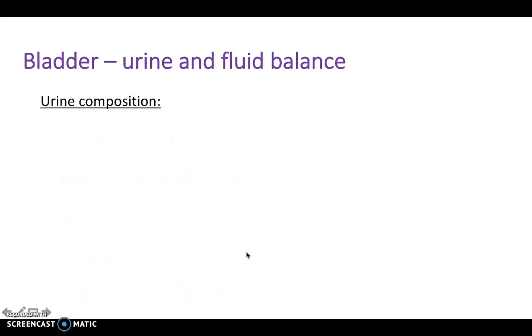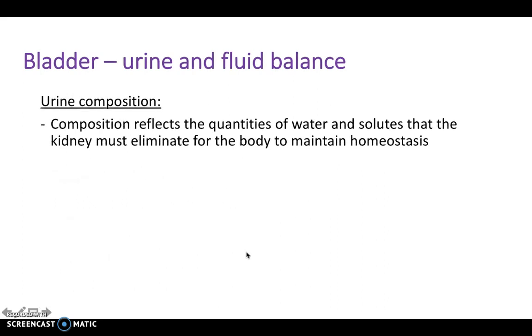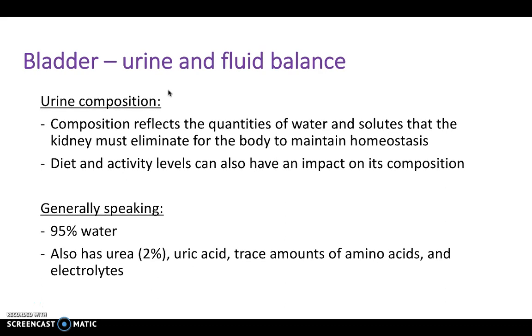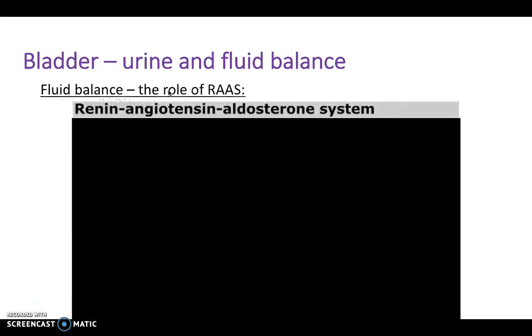So if we think about what makes up our urine, the composition reflects the quantities of water and solutes that the kidneys must eliminate for the body to maintain homeostasis. For this reason, our urine is normally 95% water, and also has urea at about 2%, uric acid, trace amounts of amino acids, and electrolytes to build it up. Fluid balance is largely dependent on the